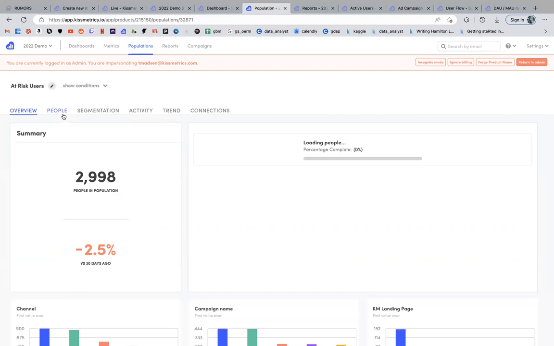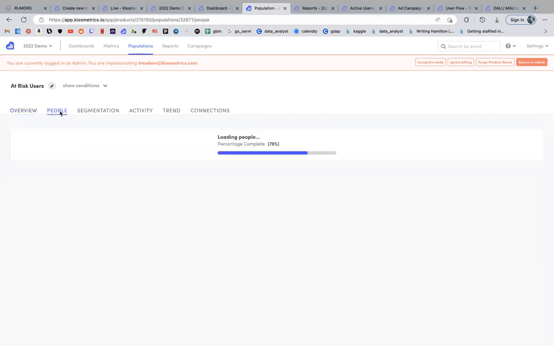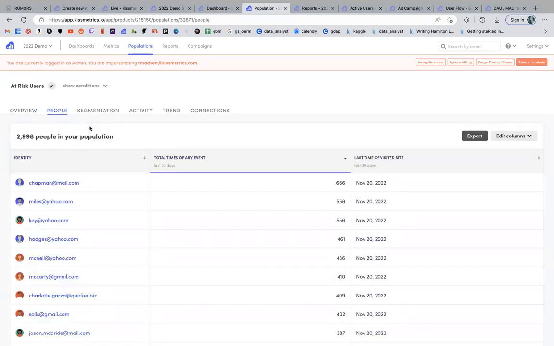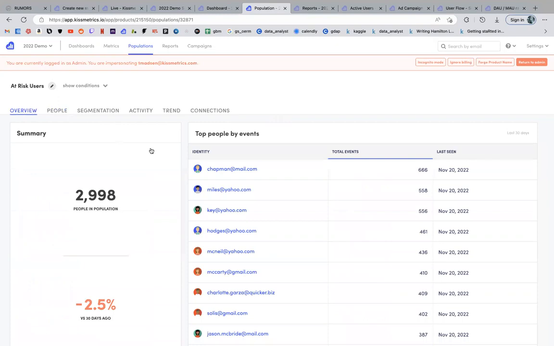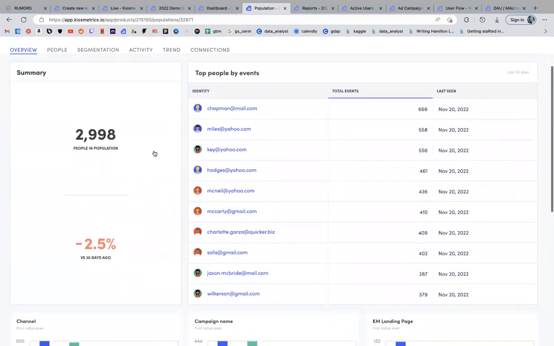So if we take a look at this, I'm just going to change the view right now. We're going to get a look at all the people who meet these criteria, and we get a breakdown. So currently we have 2,998 people in this population, and then we can select the columns if we want to change them. However, I'm going to stick with what we have. So chapman@mail.com is the one that has done any event, and the last time visited the site was November 20 of 2022. And pretty much if we go back to the overview, we're going to have a nice clean summary